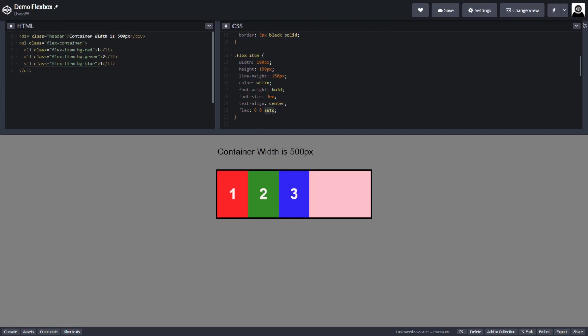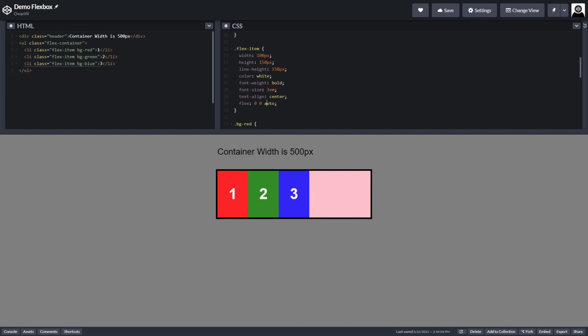So we're only looking at the flex-basis. What the flex-basis is, is the width, or the dimension, of the flex item before the amount of available space is calculated. So for example,